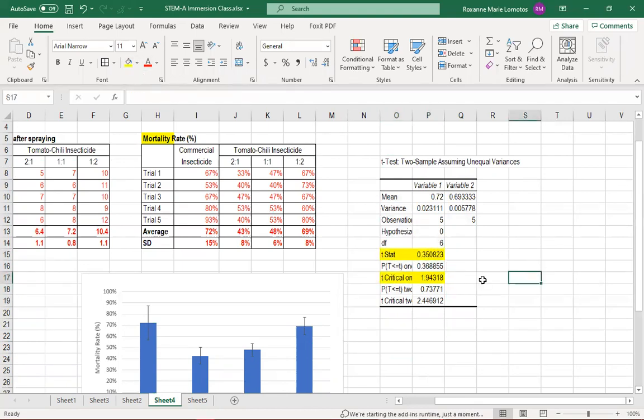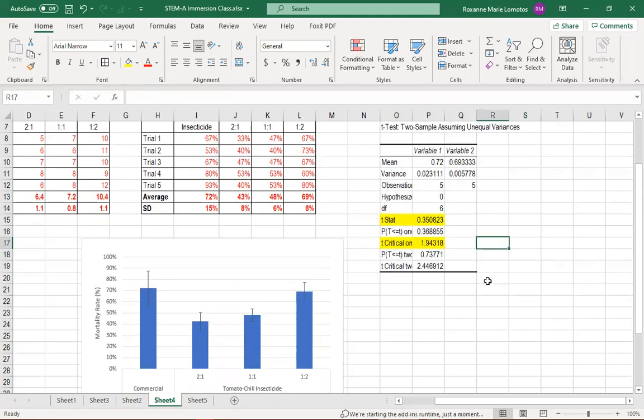So unsaon man ninyo na siya pag-read? Kung sa p-value, kung ang p-value kay less than the alpha, it means nga statistically different na siya. Statistically different ang imong mga groups na gi-treat. Pero kung ang t-stat nimo kay greater than the t-crit, ana ra ka makasay nga statistically significant. Pero since ang t-stat kay less than